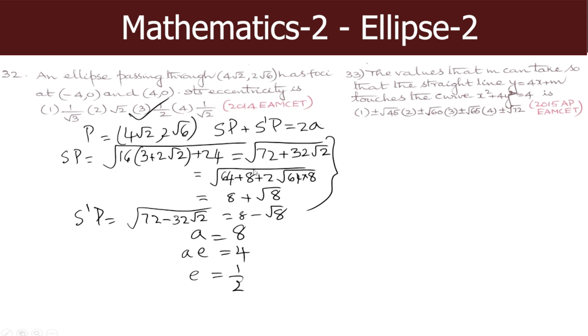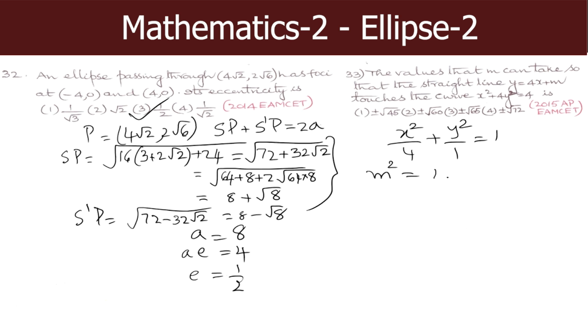33. The values that m can take so that the straight line y equal to 4x plus m touches the circle x square plus 4y square equal to 4 is. This ellipse is x square by 4 plus y square by 1 equal to 1. What are the values of m for which y equal to 4x plus c, where c equal to m, touches this ellipse? So, m square equal to